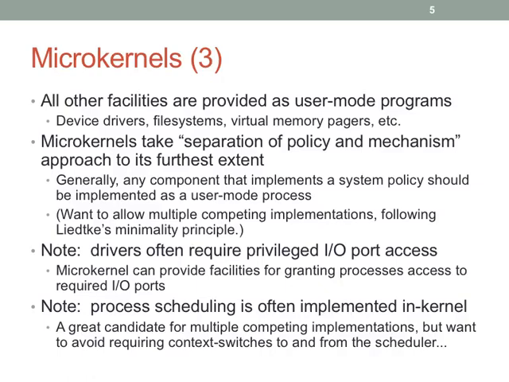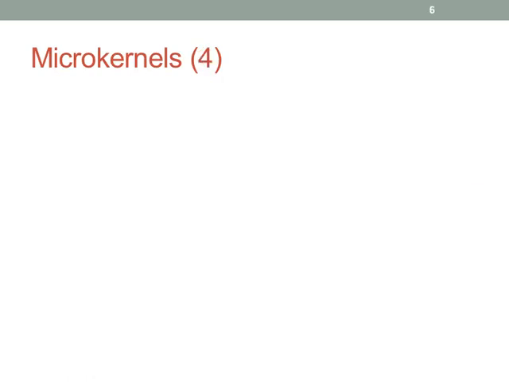So this is a great example of where microkernels are a great ideal and they're a great abstraction, but sometimes it's just a bit too costly to go ahead and fully commit to that idea. So process scheduling frequently ends up inside the kernel because it's just cheaper to implement it that way. All right? So that's one of those interesting things.